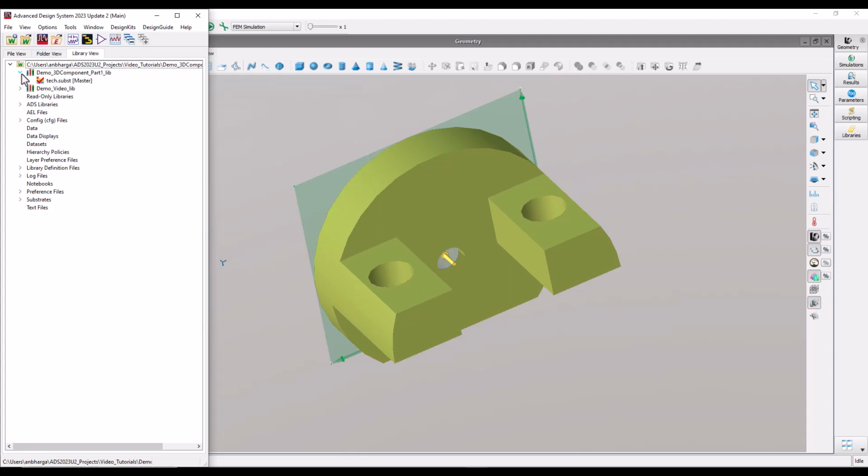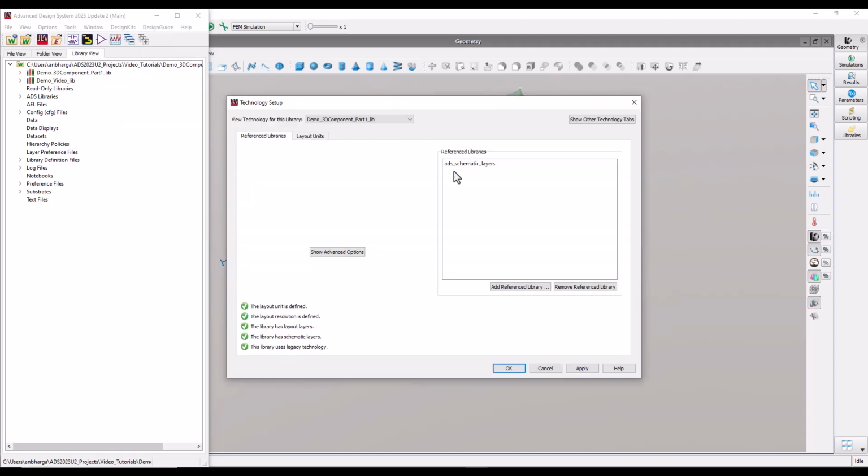Now the first thing I would like to do, and I recommend everyone to do, since you are going to use an EM Pro 3D component, is let ADS know the layers on which you may have the 3D connector in order to connect any termination of ports, etc. To do so, we can close all the designs so that nothing is open in ADS, and now simply go to options, technology setup, and here you can see I'm in the ADS library,